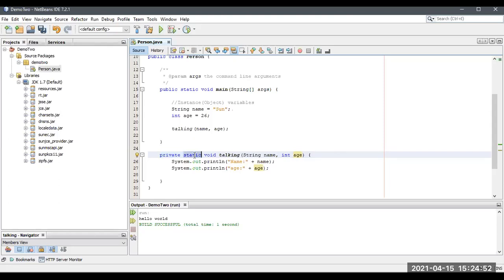And here, what is the use of taking static? There is no need to create an object for a static class, method, or variable. It can be directly called. But if the given method is public, we have to create an object of that class to access the particular method.